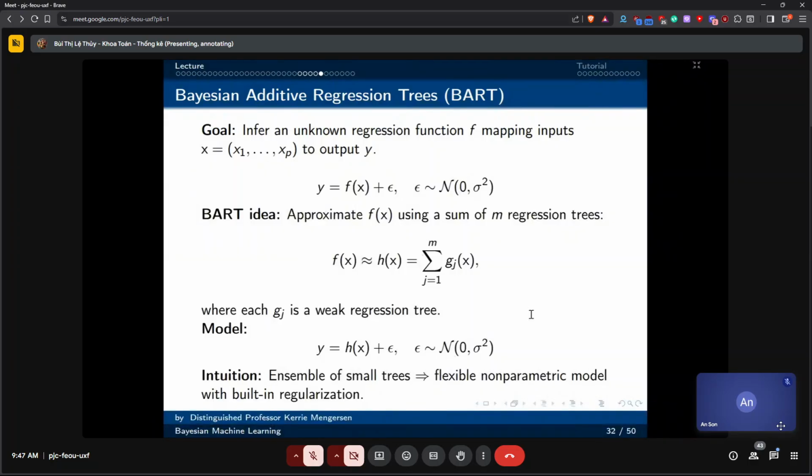Each tree individually is called a weak tree because it doesn't have very good predictive power by itself. But when we combine all of the trees together, we get very good predictive power. So it's an ensemble, a combination of small trees, and this is very flexible and non-parametric, and it has built-in regularization. So it's very stable in terms of the results that it gives us.